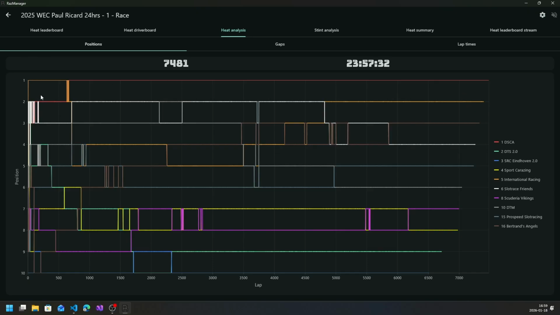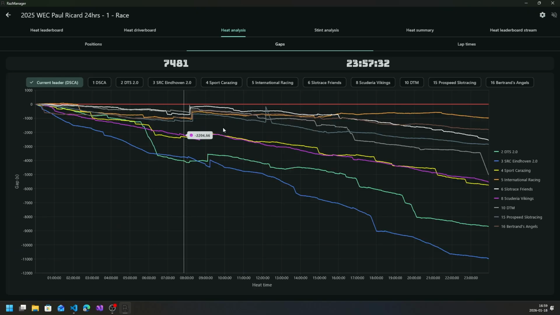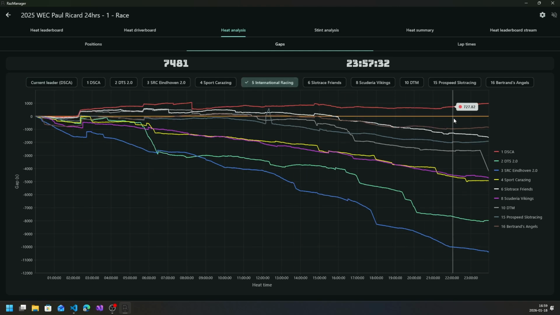And DSCA were in the lead for most of the time. But how far were they really behind here? Well, we need to look at the gaps instead. This is from the perspective of the current leader, but let's switch to International Racing instead, which is this brownish line here. So these are the gaps through the whole period of the race from their perspective to